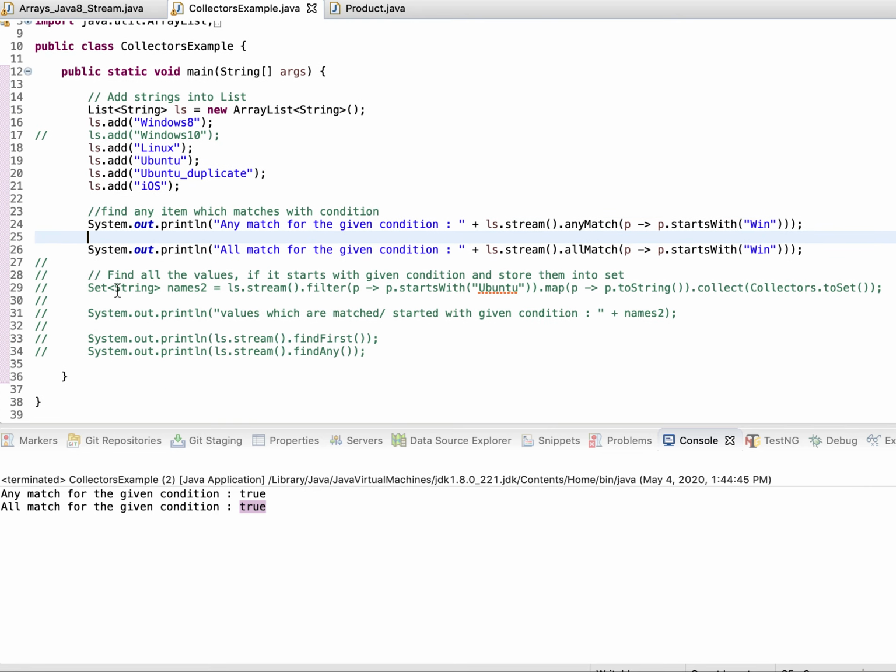Now the third operation: find all the values that start with a given condition and store them into a set. I want to store the items from the list which satisfy the filter, and only those move on to the set. Let me uncomment this.